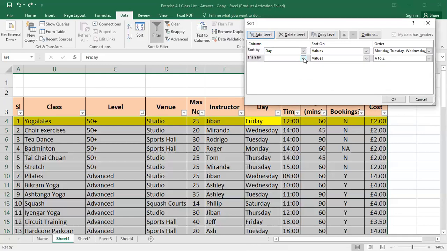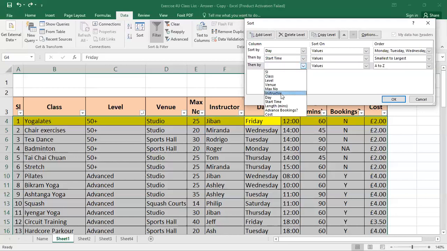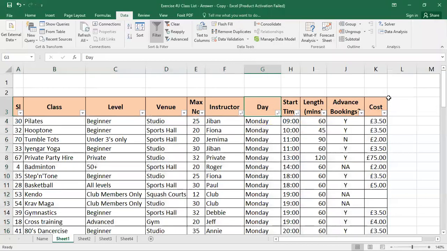Then we add the start time, values smallest to longest, and then we add the instructor values A to Z. Look here, the first sorting option will be Monday, the next sorting option will be the start time, and the next sorting option will be the instructor.